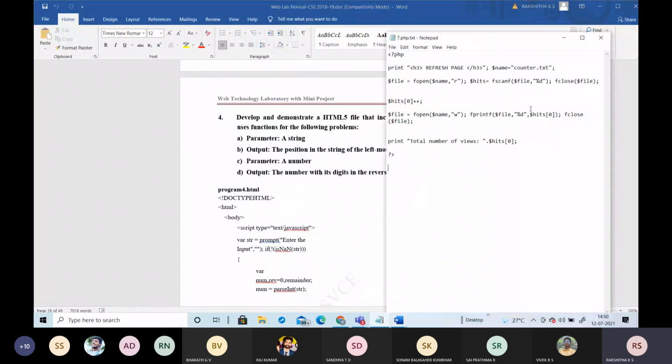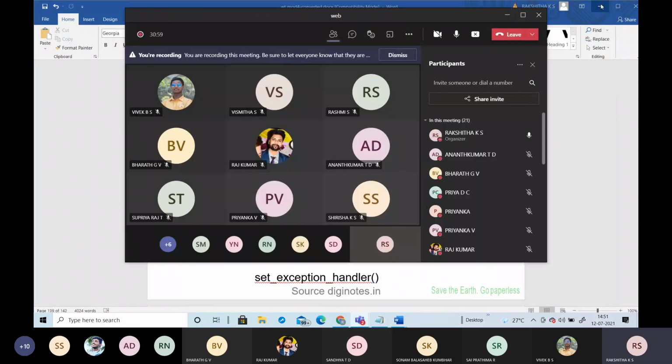This program you can type in Notepad. I'll show you that.